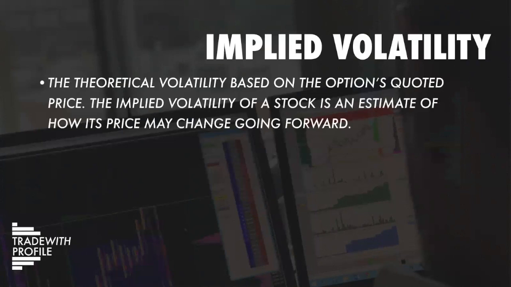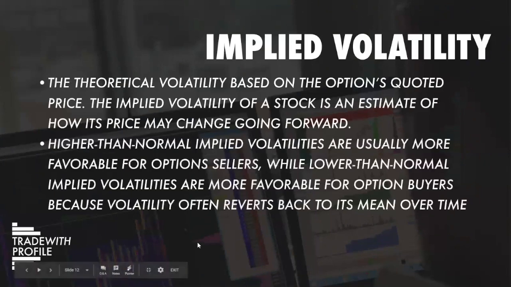This is a forward-looking instrument. Implied volatility is looking at how much we think it's going to move in the future. Great metric. If we think it's going to be wider, you're going to have a wider implied volatility. If we think it's going to be smaller, you're going to have a smaller implied volatility. This is important for us as options traders because it allows us to check boxes on which strategies we employ. So if you have a high implied volatility,